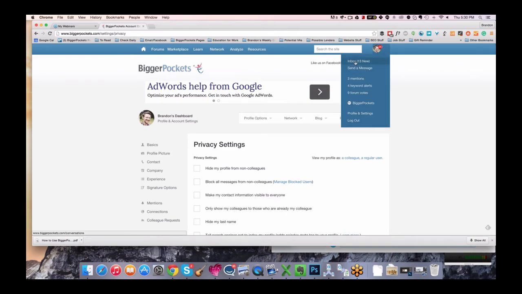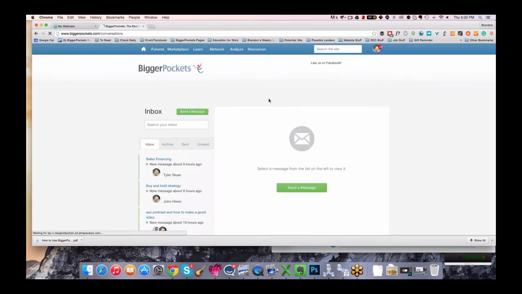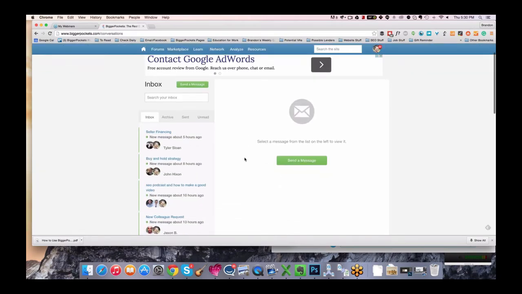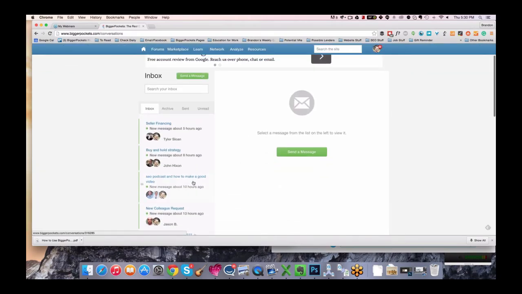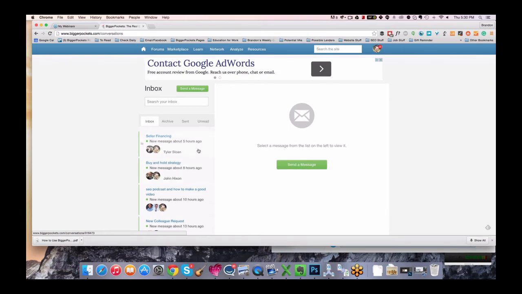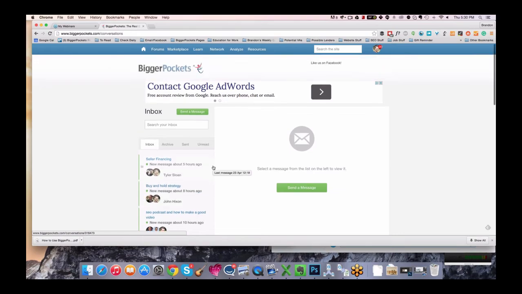One more aspect of it is the inbox. I actually have 13 messages because I get like 50 messages a day. Today was actually pretty light. So 13 hours ago, 10 hours ago, 8 hours ago, and 5 hours ago. Those are the ones I've not read yet, so I still need to get in there and read them. Maybe somebody is on this webinar right now that I have not responded to.